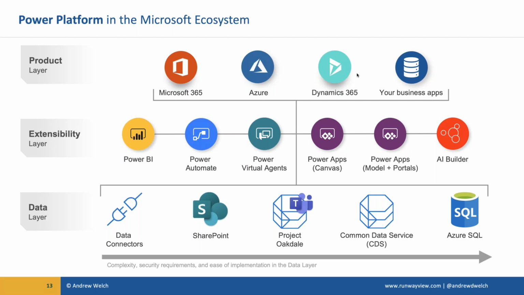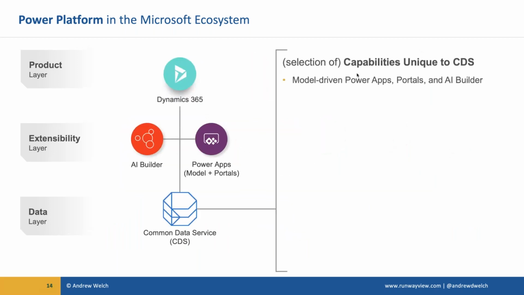So Common Data Service introduces a number of services that are dependent on Common Data Service. So as you look at that, first and foremost, Dynamics requires Common Data Service, AI Builder requires Common Data Service, and some of your Power Apps, model-driven Power Apps, as well as Power Apps portals. So if you want to extend or expose your data to external users, say you want to build a portal for customers to log on and see all of their data, for example, or think about like you log into your bank account or whatever it might be, that portal capability relies on CDS as well.